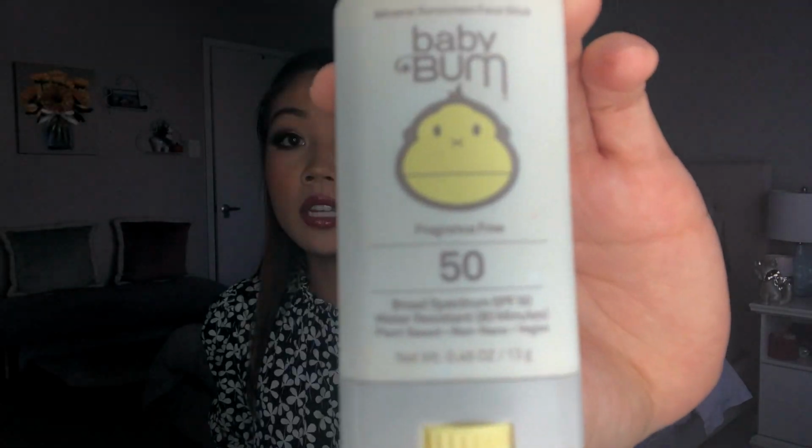My final sunscreen-esque thing I want to talk about are these things. And it's not just an August, September favorite. I've had these for about a year now, actually. And these are just sunscreen sticks, and these are 2 of my favorites. This is the SunBum SPF 50 sunscreen stick, and this is...